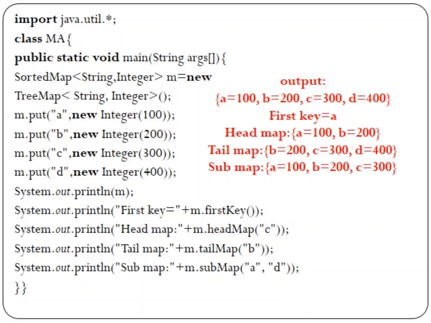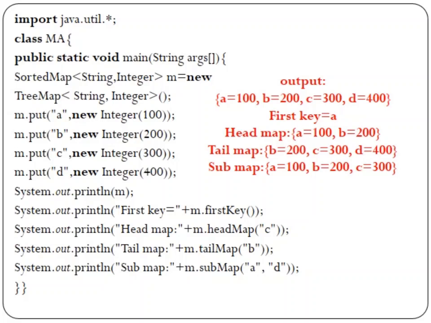Then I am printing the values which are available in the sorted map interface. I will get this as my output, because all the values are sorted based on the keys. Here all are sorted according to the keys, because of the sorted map interface. Next, I want to see the first key. The first key is a method which returns the first key element in the given sorted map. By seeing that the first key is A, I am getting the result as A.